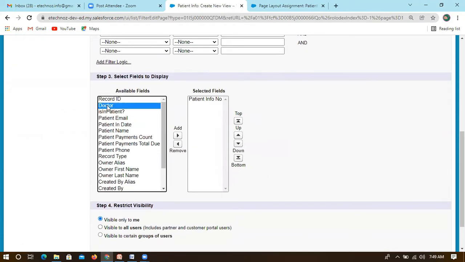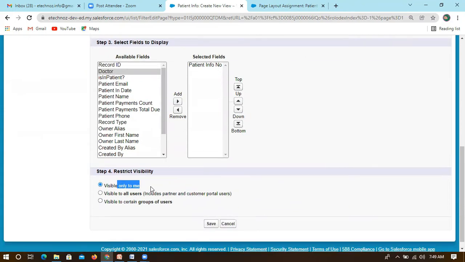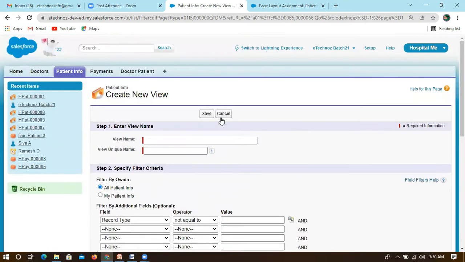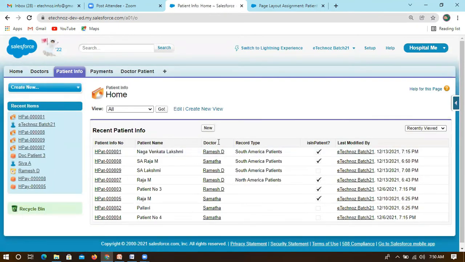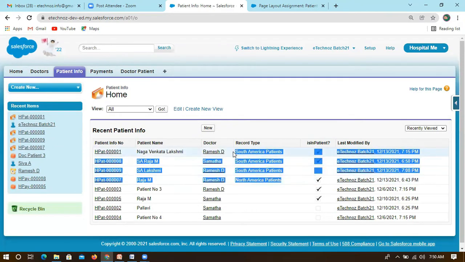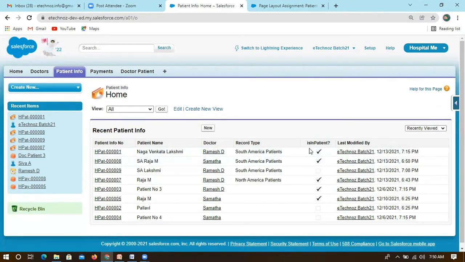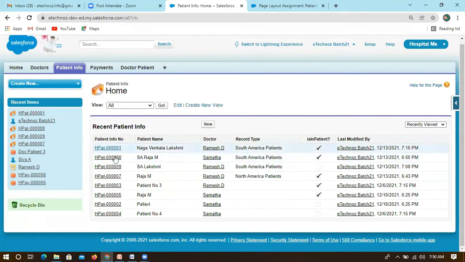And you can also modify the fields, like which fields you want to showcase, and whether they are visible only to me or visible to all users. Likewise, you can create multiple list views. Yesterday we have seen this also, how to create list views and tab views. When you click a tab, by default you can see all these fields, and you can segregate data likewise. So no need to go individually and check all the statuses.